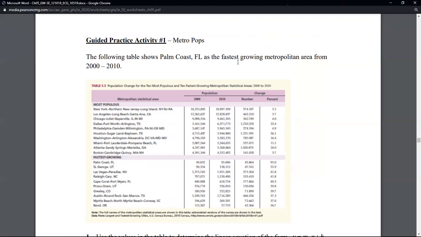Now, does it have to be the total change or the percent change? Well, let's just see where we are and if we can figure out which that is. So most populous, so these are the highest population places. So we got New York, which went from 18.3 million to 18.8 or 9 million, depending on how you want to round, which was an increase of about 574,000, which was an increase of 3.1%.